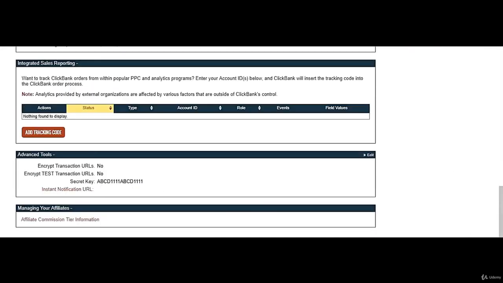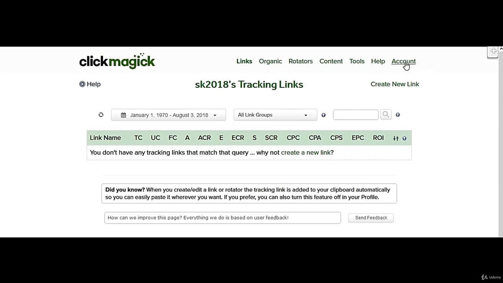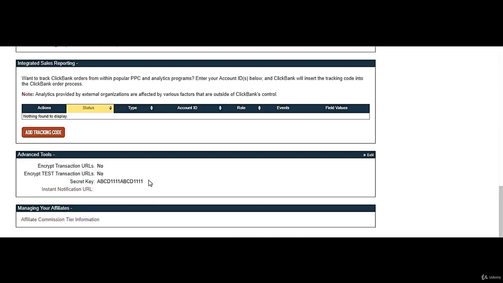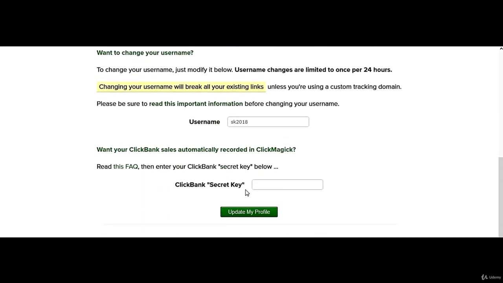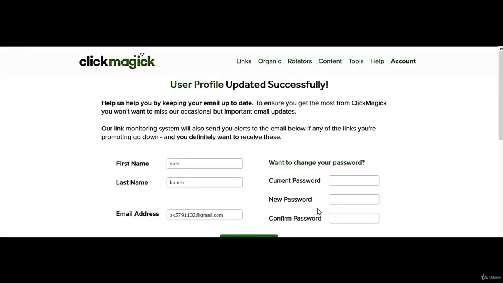Now I go to ClickMagick account, profile. I copy this secret key, miscellaneous, ClickBank secret key, I put it here, update my profile, okay.